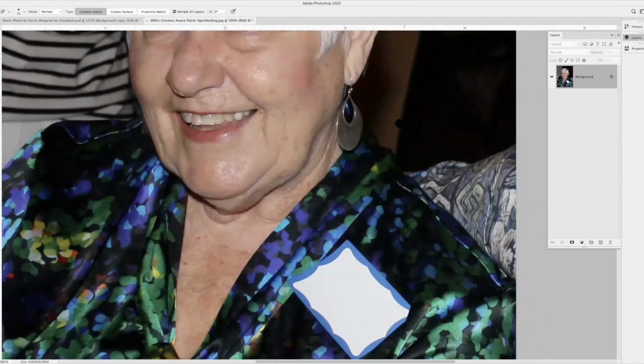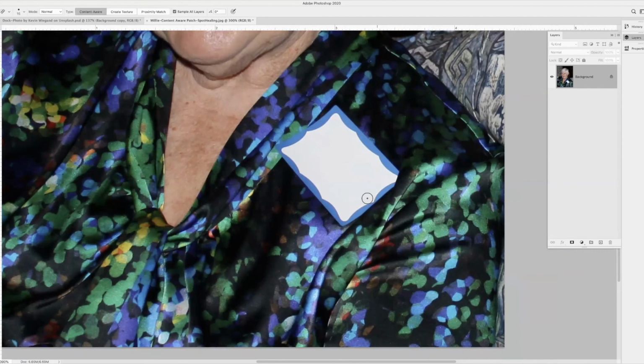Now this one is a little harder. In the old days, we would spend hours cloning that out. But now we have the patch tool. And the patch tool, yes, we have normal and we have content aware. And that will make a difference with the patch tool from time to time. Content aware, I'm going to make a little